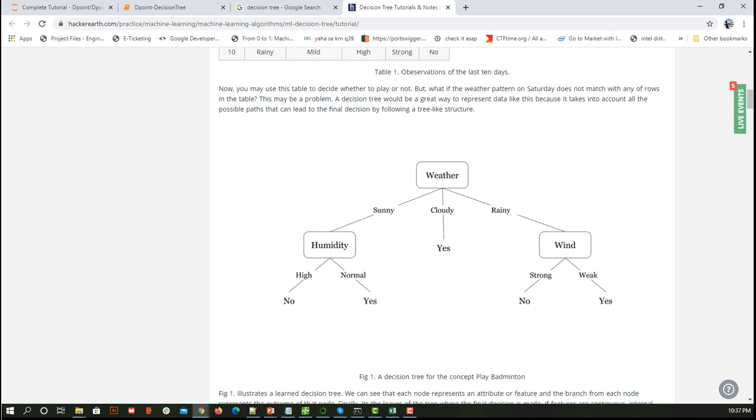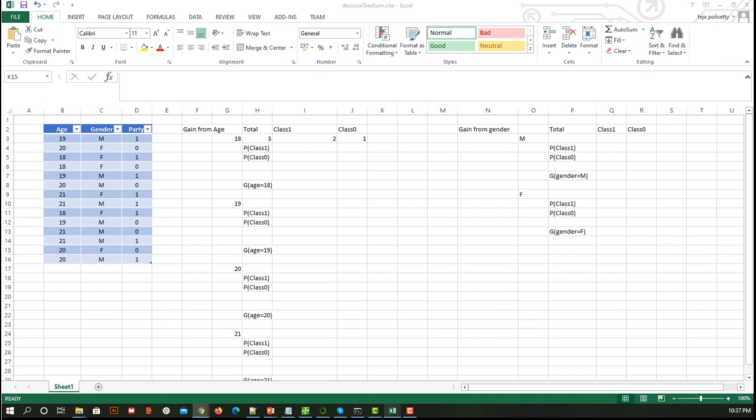For example's sake, we have taken this dataset where, based on age and gender, we have to predict whether he or she is going to party or not. 1 means going, 0 means not. For taking this decision, should we first see the gender value, or first decide based on the age value?